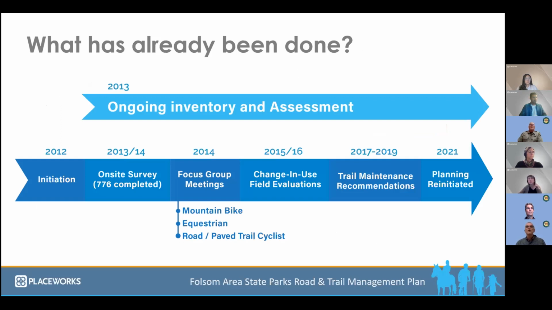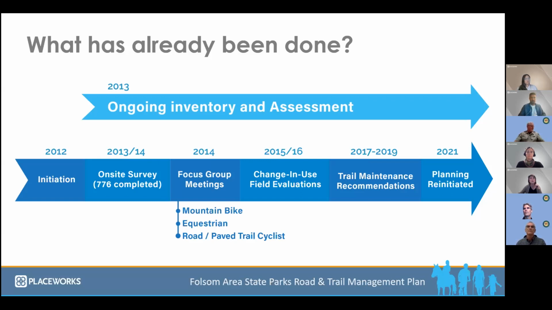Here's a brief review of the work that has been completed thus far on the Folsom Road and Trail Management Plan. The plan was initiated in late 2012, early 2013. Starting in 2013, an inventory and condition assessment of all system roads and trails was implemented. Data was also gathered on many non-system trails. Most of the GPS and GIS work on the trails was completed in 2013 or 2014, but some of this